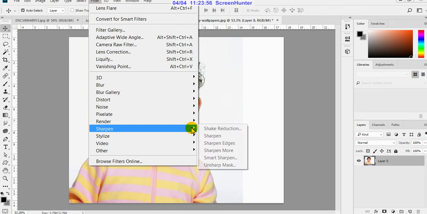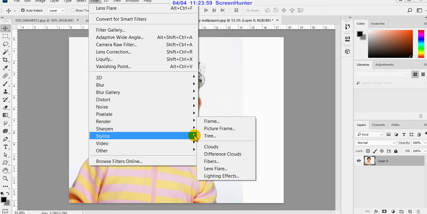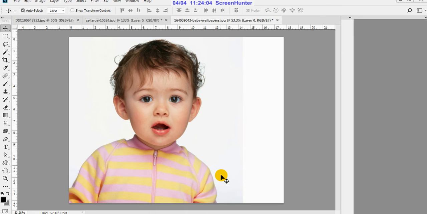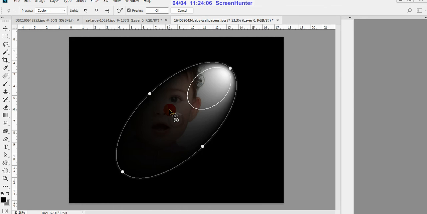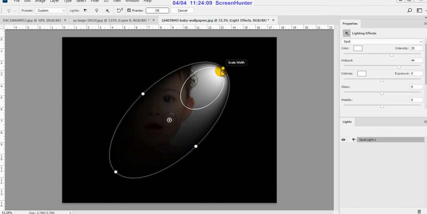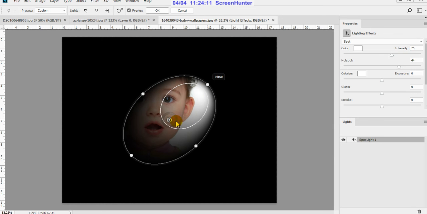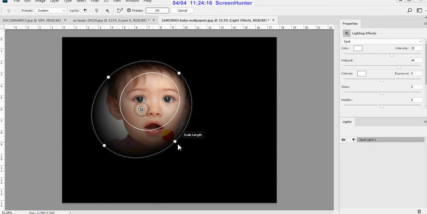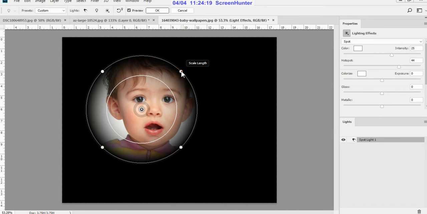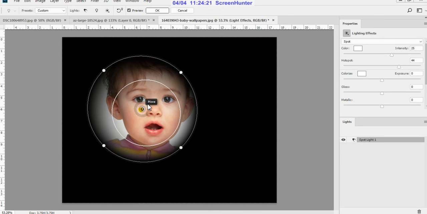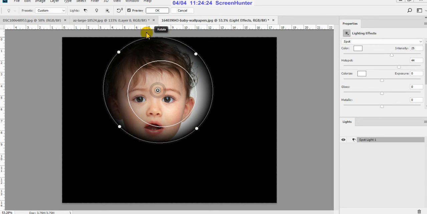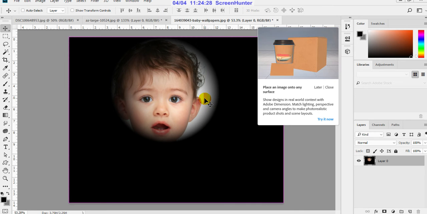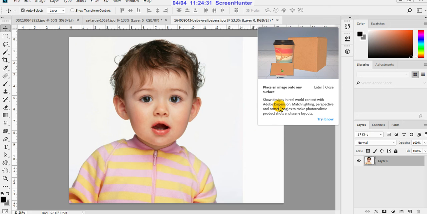Next, in filters, we have other things also. These are all lighting effects. Yes, you can see this. So you can use it on that particular area how you want. Okay, it will affect that picture. Make it Control Z. Okay. Then